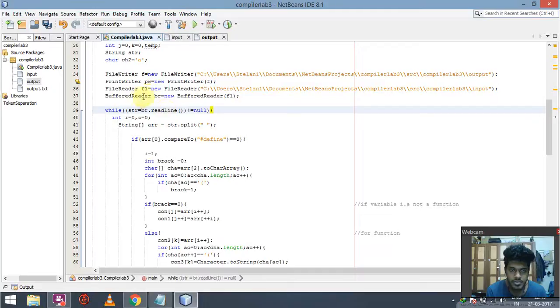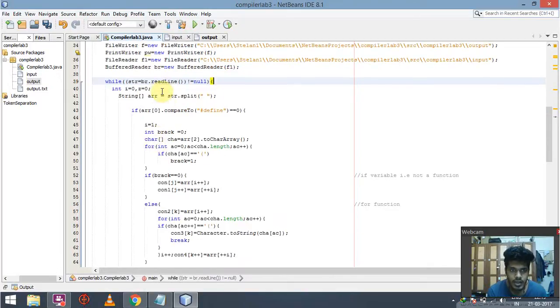And buffer reader here helps us to read the file from the input file into the program, and the readLine function here helps us to read it line by line. So once we get into the loop, we first check for the first array value whether we find hash define or not. If we don't find it, the loop keeps going until we find define. Once we find define,